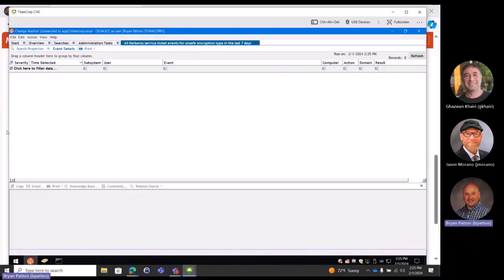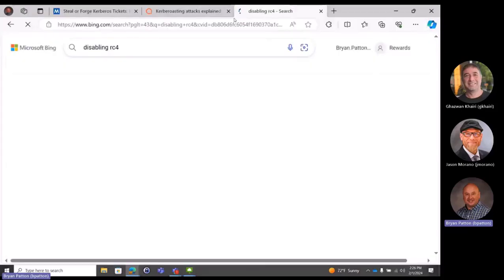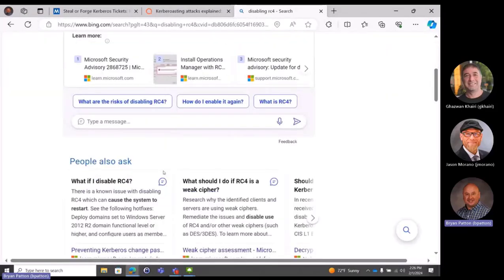AES is an asymmetric encryption algorithm. This is why you may have a problem dealing with a customer right now where they have not changed their KRBTGT password hash. They have not disabled RC4. They're trying to address that different traffic now and see what downstream may be affected. People should not be using RC4 anymore.